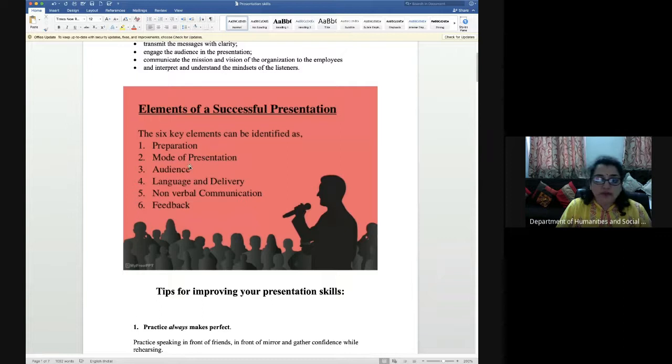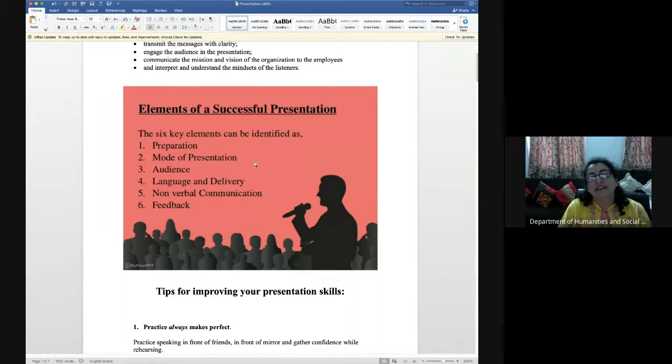Then we come to the mode of presentation, which is the second point. The mode of presentation could be many. Like in classroom teaching, you can always see that the teacher is generally using the blackboard and chalk, trying to explain or jot down the points on the blackboard and then explain. They can also draw some type of diagram or design, and explain through that. So the mode of presentation is chalk and board. But you can have a different presentation style also.